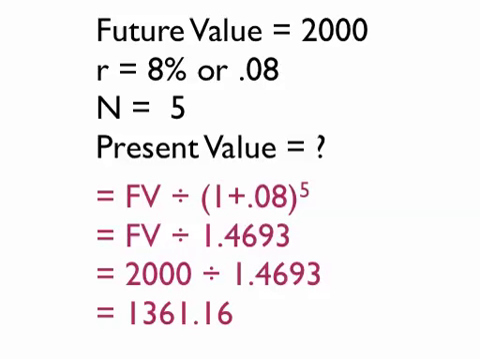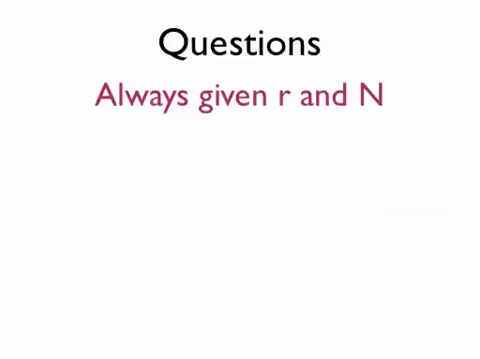In this case, it would be 1361.61. In other words, we could think about it as if we started with 1361.61 and it was increasing at 8% a year for 5 years. In 5 years, the future value would be 2,000. Does that make sense? Okay, so you'll always be given the R and the N, the rate of increase and